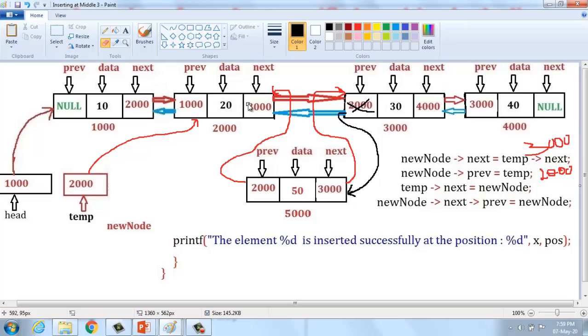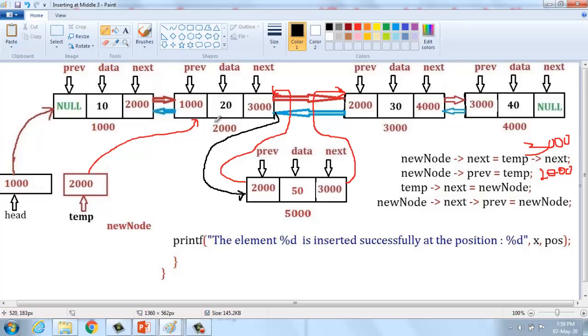That I will explain later. Here we have to change. Later I will explain that link. Here we have to change. How can I change it? This link to this link. Because this should be communicated from the second node to the new node.